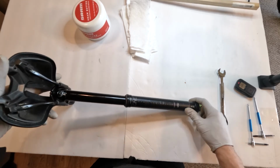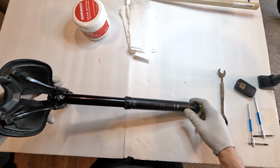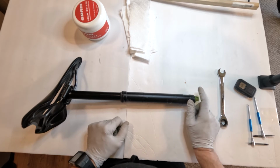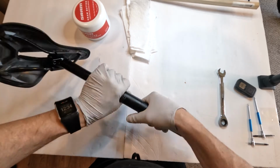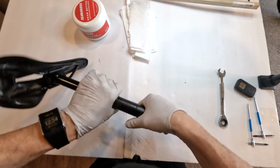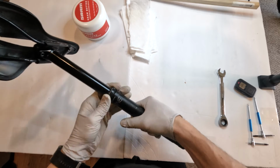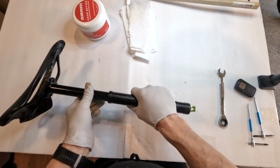So again, this is a OneUp. I love the OneUp dropper post. For the money, I don't think you can get a better dropper post. For me, so far, they've been flawless. So what we're gonna do first is take off the collar, or at least loosen the collar, right? Now, I never tighten these down to a point where I can't loosen them by hand. I mean, when you close it back up, just tighten it down as hard as you can by hand, right? So, but you don't need to use a